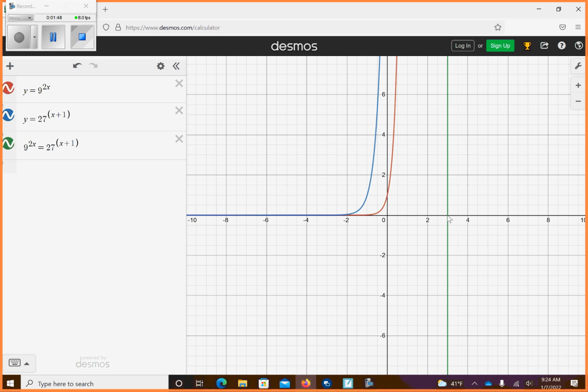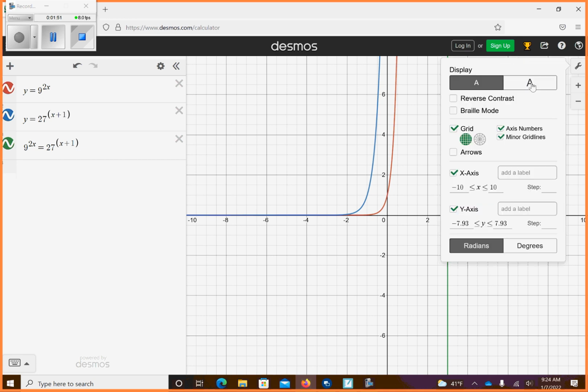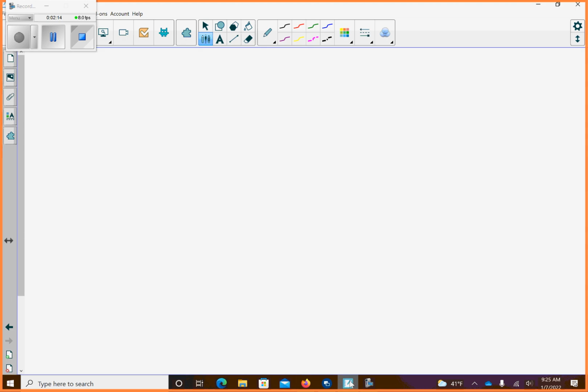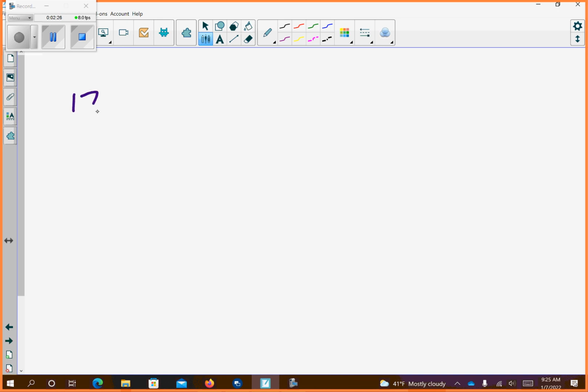So if I look here, I have this green vertical line, and let's make this darker so we can see it a little bit. So there's 2 different answers, and so that's 1, 2, 3. So it appears that it's 3 for an answer, but this gave me an answer of negative 3. So let's verify which one is truly the correct answer. Oh, x equals negative 3, so what is sure. Yeah. So number 17, if we had this as our equation,